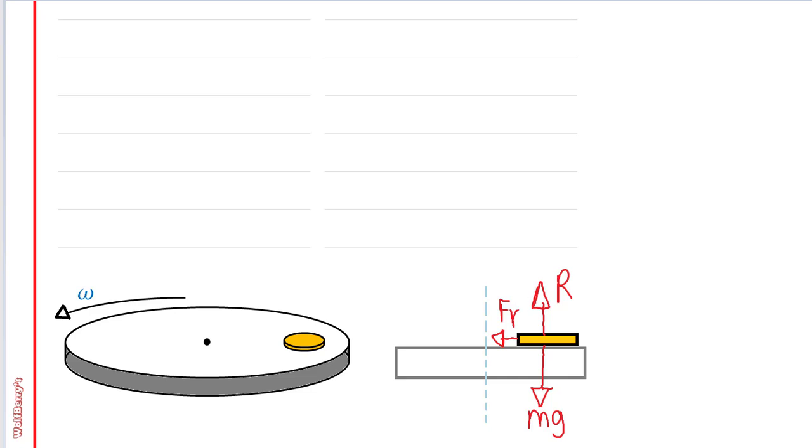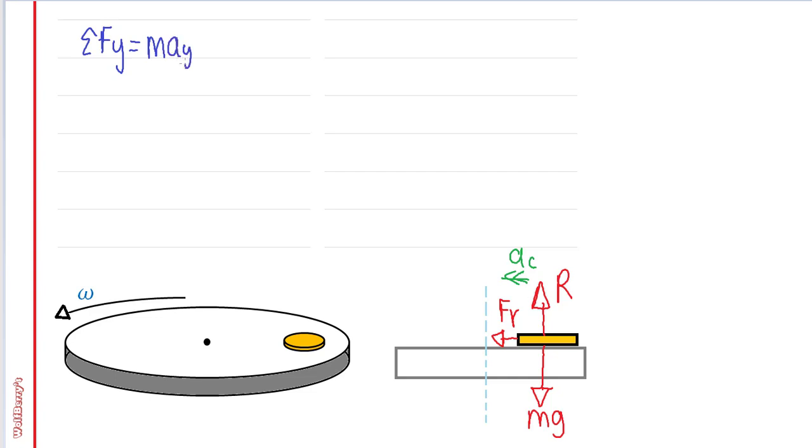The acceleration is a centripetal acceleration, which acts towards the center of rotation. So it's going to be in this direction. Here we can call it a_c. Now to derive the equations of motion, we're going to have two equations, one in the x direction and one in the y direction. So let's start with the y direction. So we can say the sum of the forces in the y direction equals ma